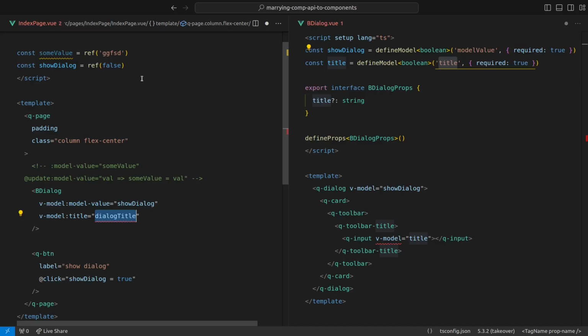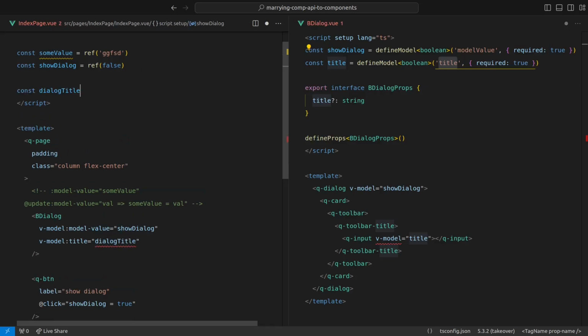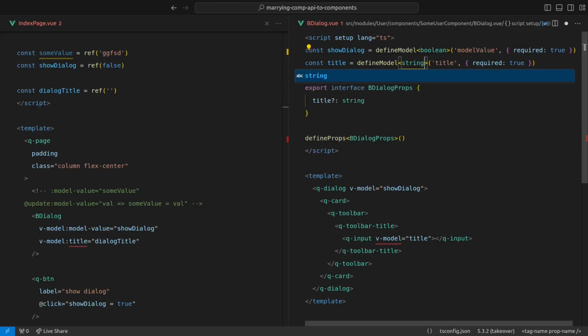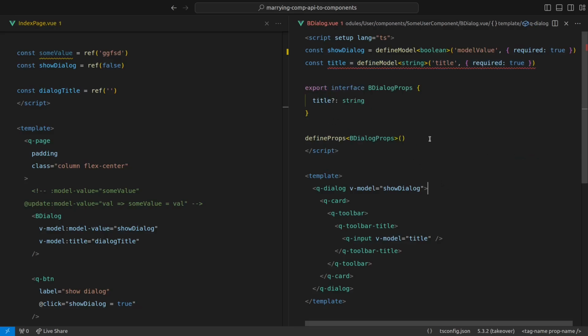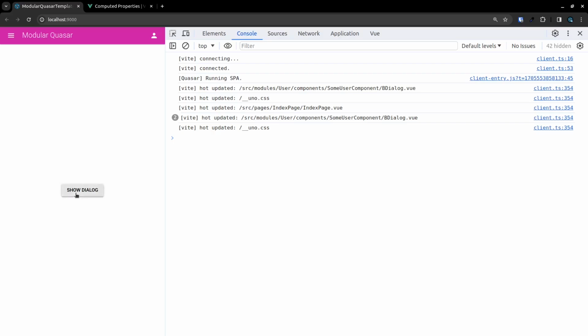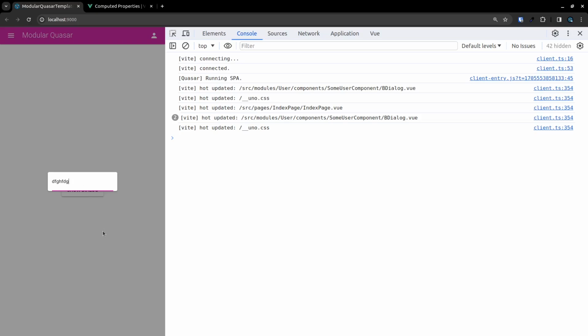is equal to dialogue title. Okay, so just wanted to give you a silly example there, and then we'd say const dialogue title is equal to ref, and maybe it's nothing by default. And we make this a string to make TypeScript happy. Duplicate key title, and it's saying that because I've also used the props there. So there we go. Now let's open this dialog, and we've actually got a title that we can type in